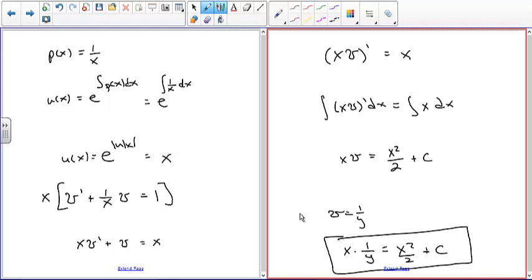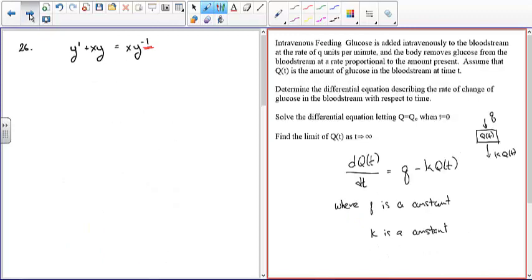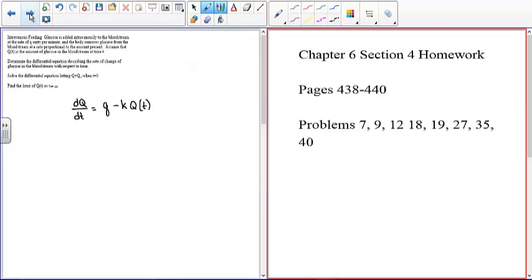Okay, so have I assigned section 4 yet? I can't remember. Homework? I'm pretty sure I have, right? If I haven't, I'm going to put it up. So the test is next Tuesday. I don't know if I mentioned that. So we're going to